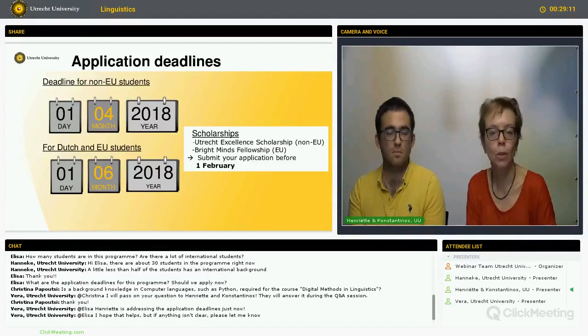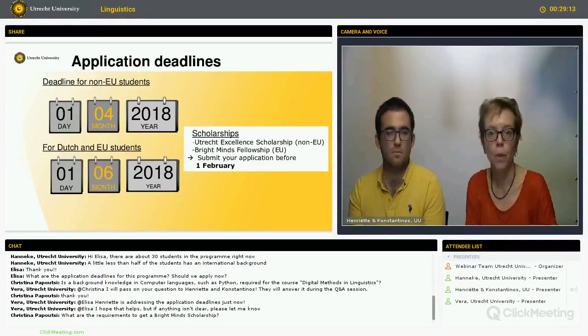Otherwise, we cannot take it into account for the fellowships. The scholarships are very selective. There are very few of them, so it's hard to get one. But when you get one, it's good. So we try every year to get a scholarship for one of our linguistics students. Sometimes we manage and sometimes we don't. But we try every year.